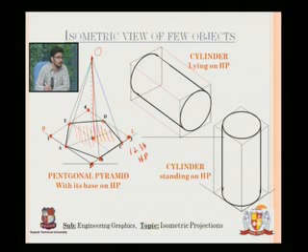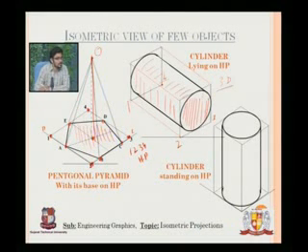Similarly, there is a cylinder which is lying on HP. Again, we will take this point as 1, 2, this is 3, and finally that point at the back would be 4. So 1, 2, 3, 4 is again HP, and the cylinder is lying on HP. Now you can see that this is one view which is available, the front view, this is the side view, and this is the top view. So all 3 dimensions are available, so it is an isometric view.